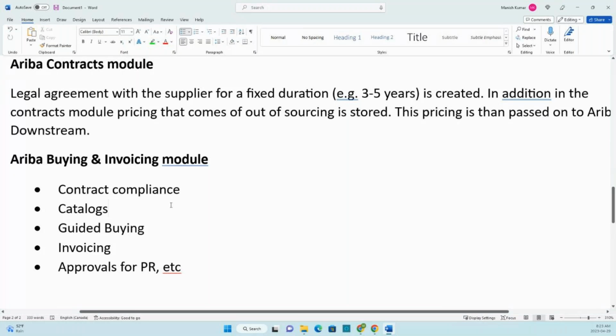Similarly, we have a session for catalogs. If you don't understand catalogs, a user goes to Amazon and looks for a mouse. They look at the picture of the mouse, the details, the pricing. That's basically one item coming out of a catalog, right? When suppliers load items on the Amazon website, they do not load individual items. They load them in a certain format, just to make sure it is meeting the requirements for Amazon, right? And similarly, Ariba has its own catalog